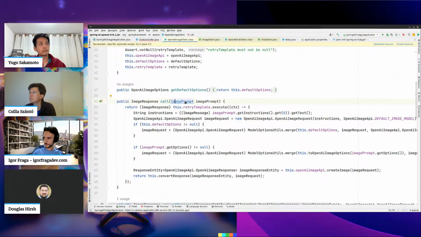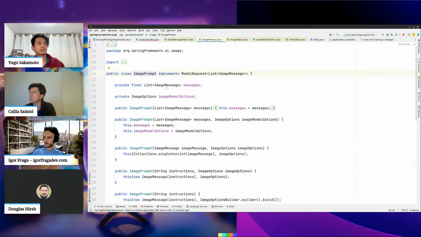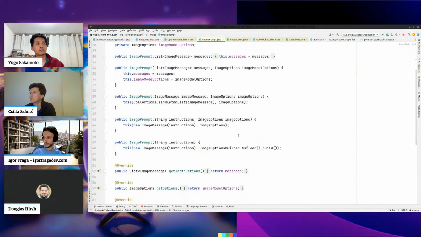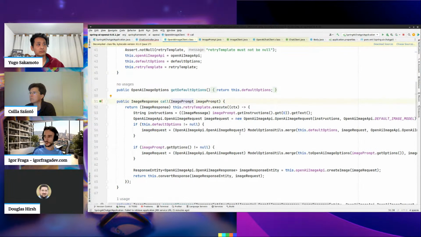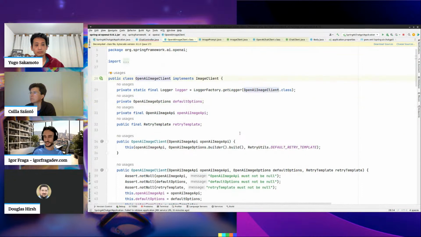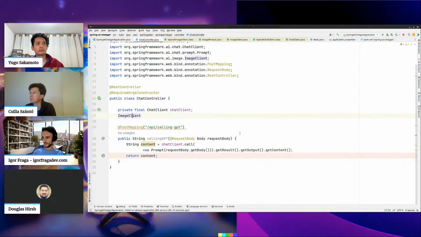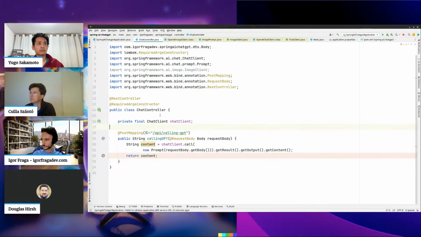You create an image prompt, you add your image. There's another presentation to just see about it. Maybe I can write about that in my blog as well, doing a series on how you communicate with images on ChatGPT. But just for curiosity, you have a whole bunch of clients within Spring AI, and that's really powerful.